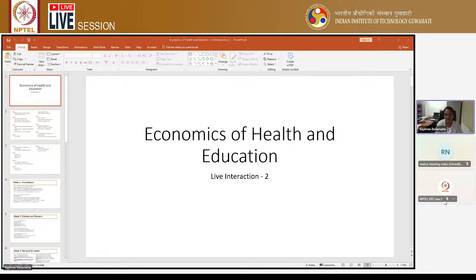So this is one index which is used extensively in the field of healthcare equity or healthcare financing studies, which I introduced to the learners as part of this class. In essence, this is a simple analysis, but it gives us a sense of whether or not we are in a progressive system of health financing. And a progressive system is generally considered more equitable because it reduces the financial burden on lower income groups.